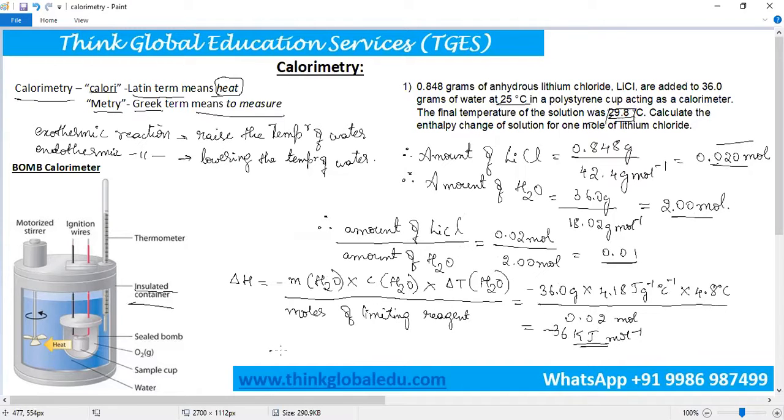Therefore, in this reaction, the solid lithium chloride, on reacting in an aqueous medium, forms aqueous lithium chloride, in which minus 36 kilojoule per mole of energy will be given out, indicating an exothermic reaction. Thus, by means of calorimetry, one can easily